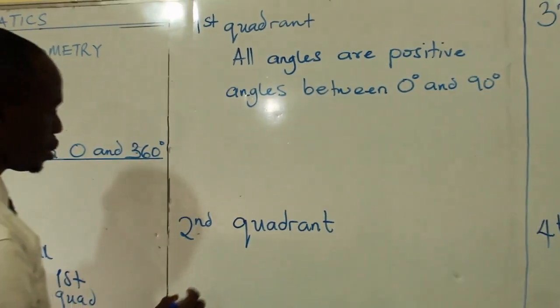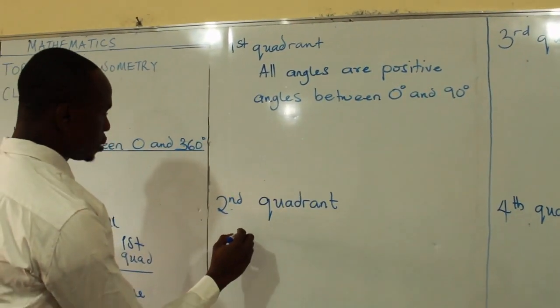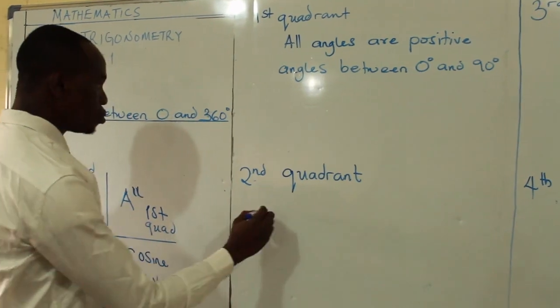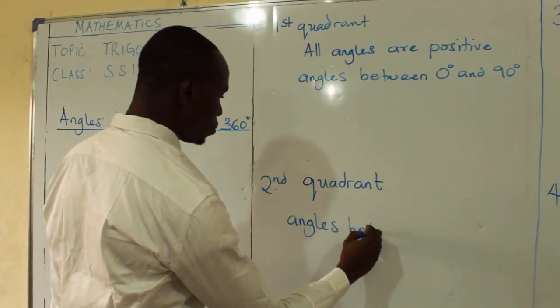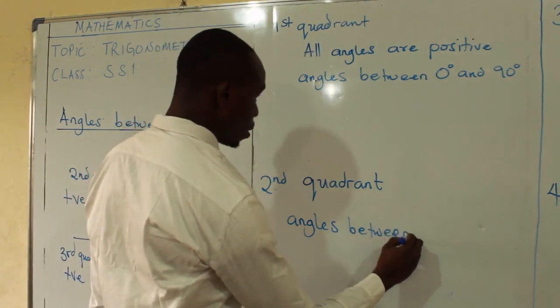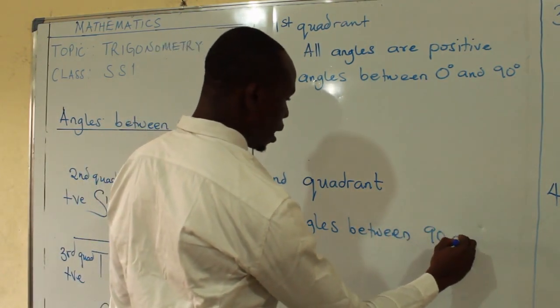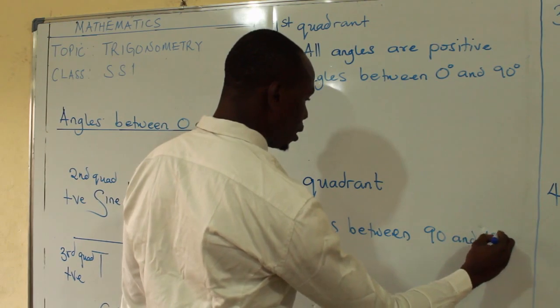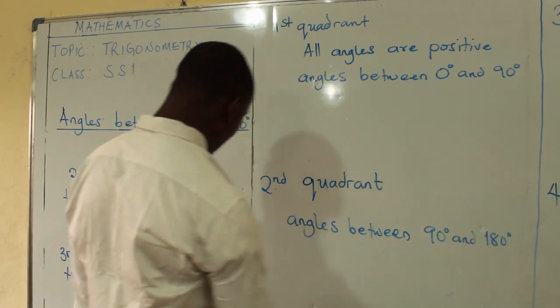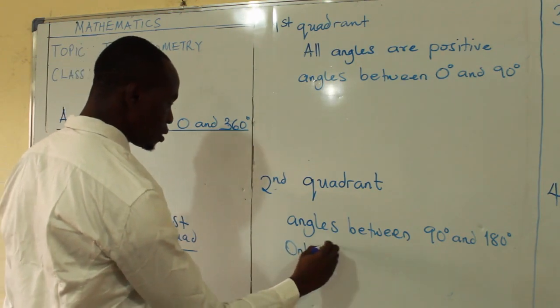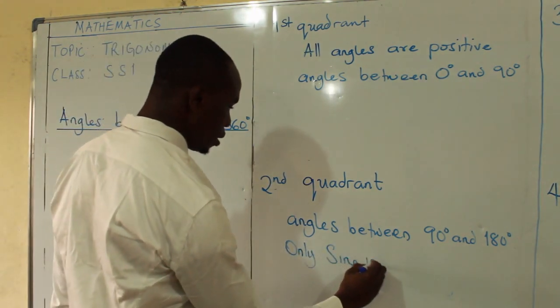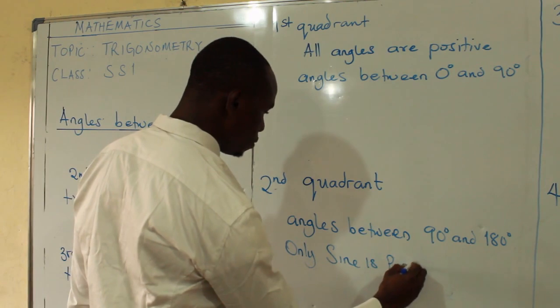In the second quadrant, we're looking at angles between 90 and 180 degrees. And in this second quadrant, only sine is positive,